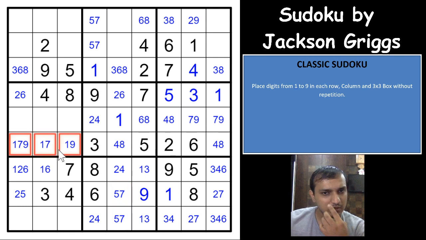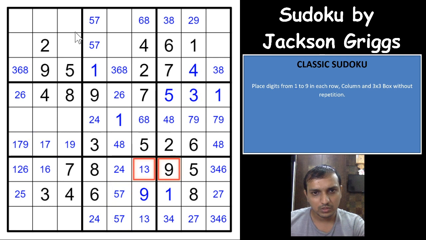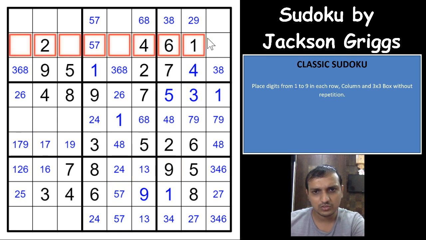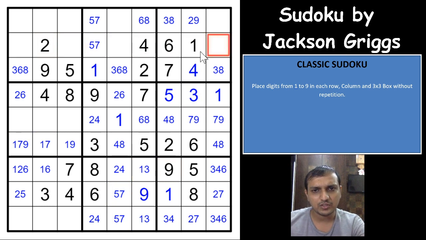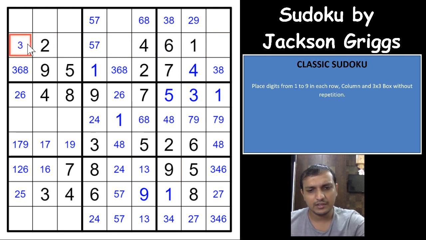So you have 1 7 9 here. Okay, that isn't helping much. Got here 4. Okay, let us see something here in this row as well. So 3 5 7 8 and 9. 5 3 7 8 9. 5 8 7 9 and 3. Oh, so this would have to be a 3.